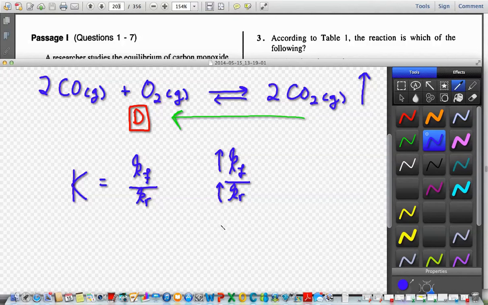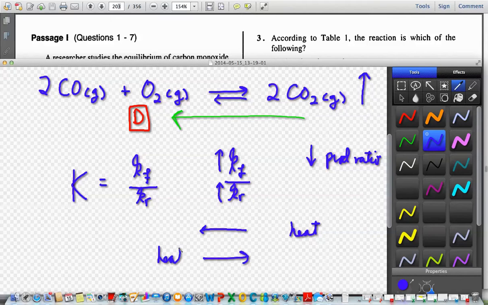In an exothermic reaction, heat is a product, and so the reverse reaction has a greater rate constant than the forward reaction. So if I increase the temperature of an exothermic reaction, this will decrease the product ratio. In an endothermic reaction, heat is a reactant, which means the forward reaction has a greater rate constant. So increasing the temperature actually increases the rate constant as a result of increasing the frequency of the collisions. So it all comes from